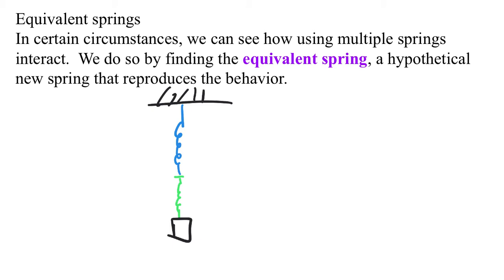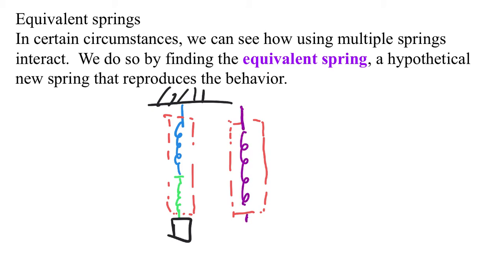And what we end up doing is we say, well, let's put a black box around our springs and replace it with what's called an equivalent spring that you can't see because it's in a black box. But the idea being that this spring, whatever it is, will have the same effect, so that if in the first case object 1 descends this distance, then it still descends the same distance,